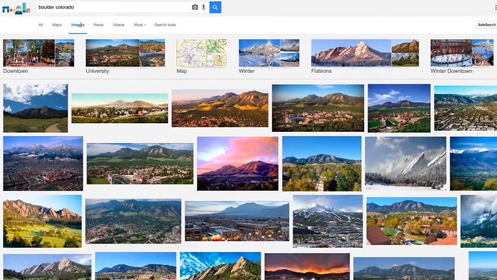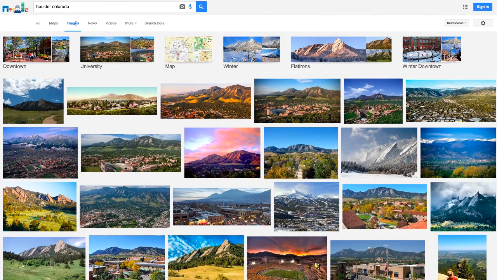And the thing with images is that you don't want to just randomly take one of these and just save it and use it, because a lot of these images are going to be copyrighted and you're essentially going to be stealing from people who don't want you to use their pictures in your listings to sell stuff. So what you can do